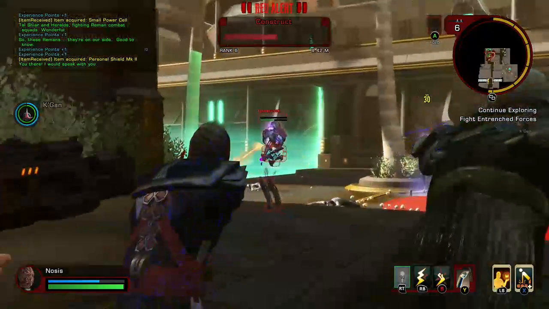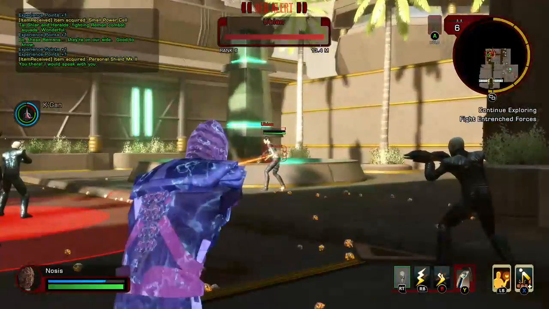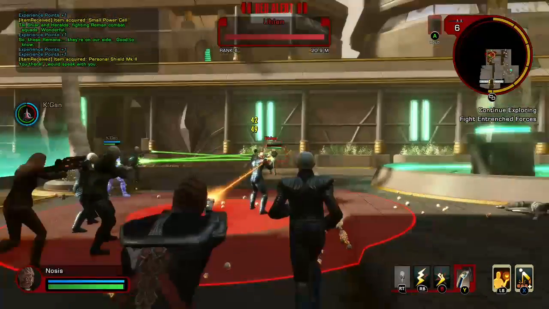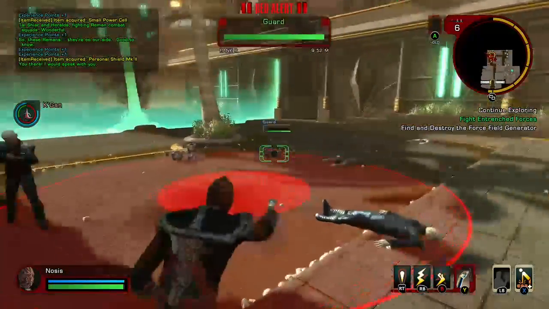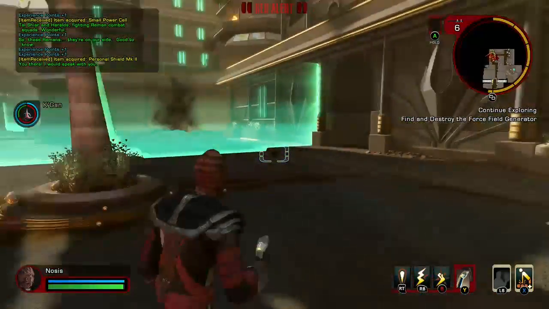Alright, cool. Well, we'll just let the auto lock switch between targets while I hold down the left and right trigger and just let the game decide who I shoot. I don't know. Combat just feels kind of stale for me. I mean, the ship combat was good. I really like ship combat. This, though, is just kind of... I don't want to say plain, but...